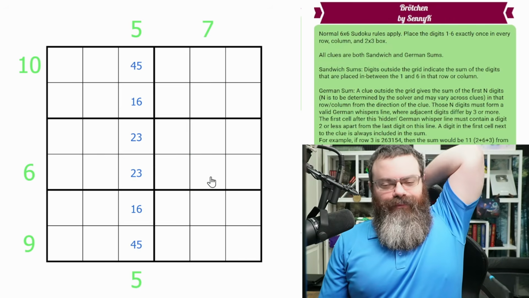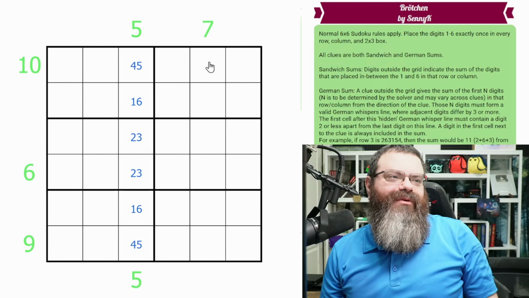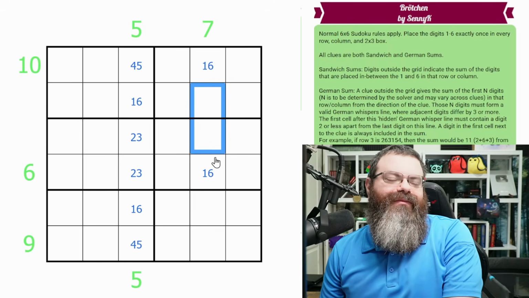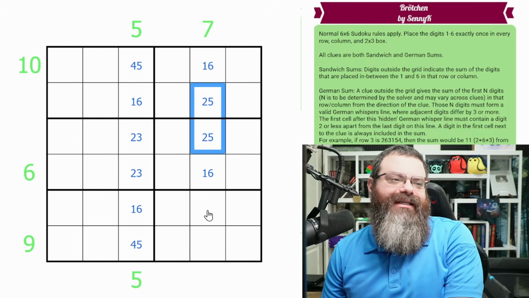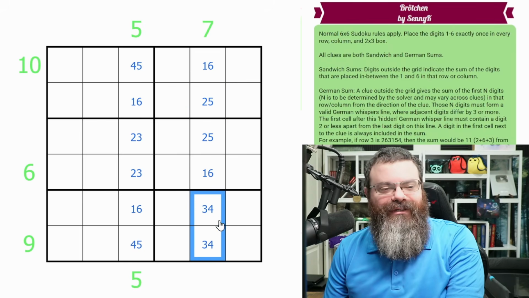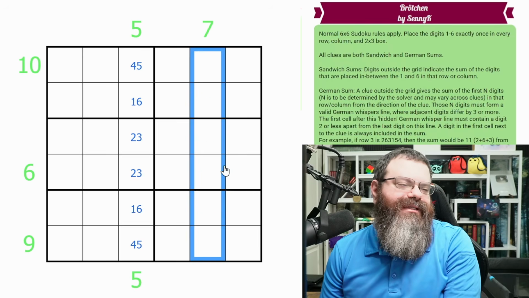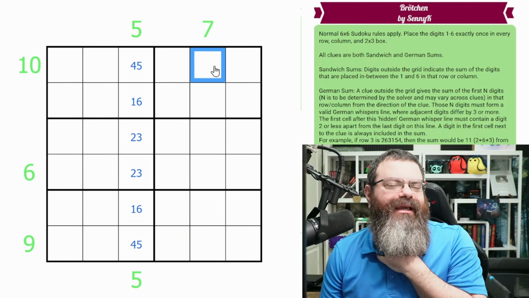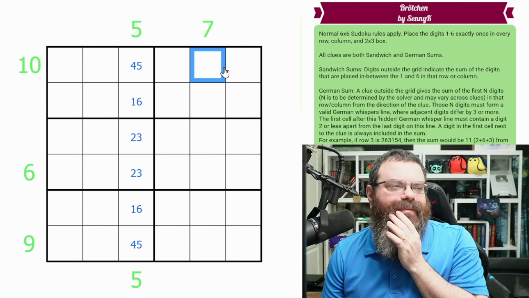And then what's interesting about 7 is we have the 1 and the 6 add to 7. We have whatever's in between the 1 and 6 add to 7. Whatever's outside the 1 and whatever's outside also add to 7. So it's 3 7 sums. But that doesn't really help. Now for the German sum,